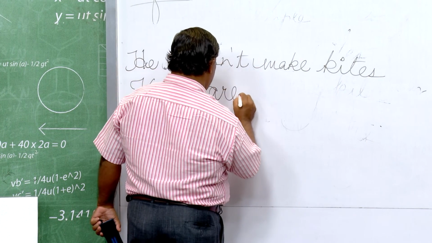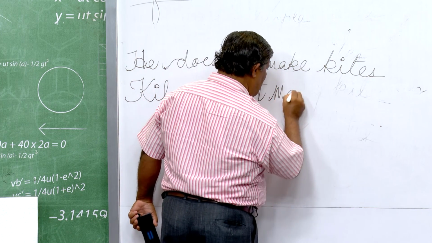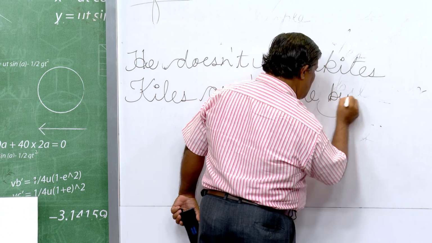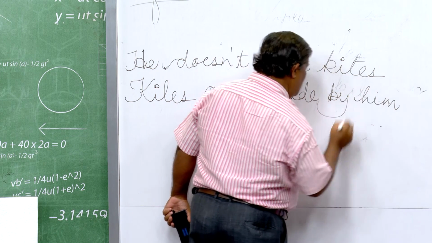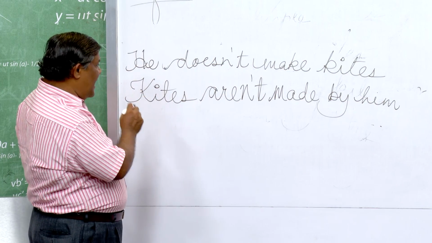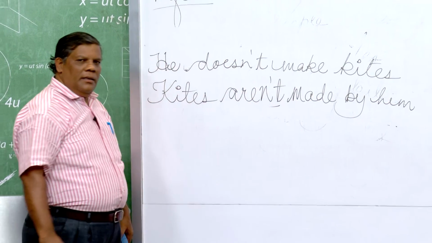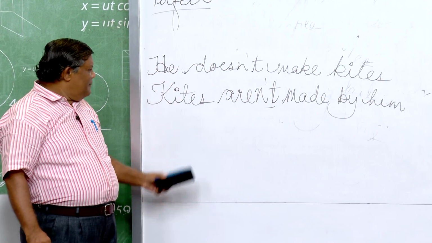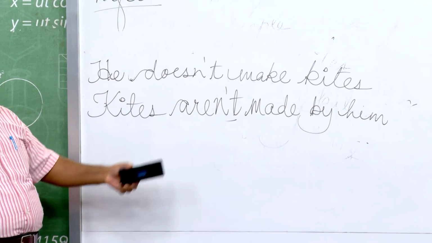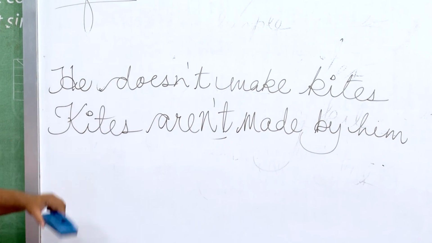Are kites are not made by this man, because only "not" is added. When it is a positive affirmative sentence, kites are made by him, but when it is negative, only "not" is added after that. Kites are not made by him. And when it is past tense,